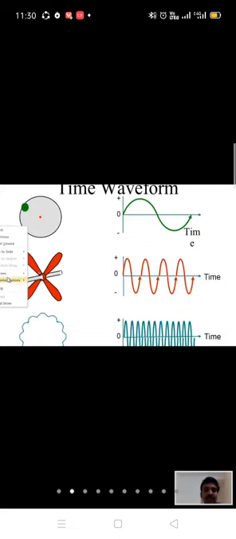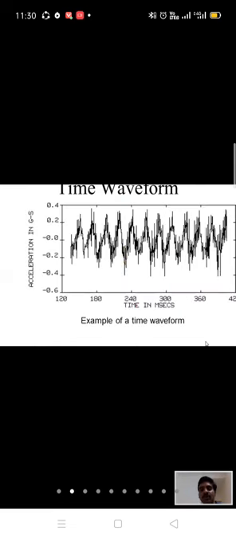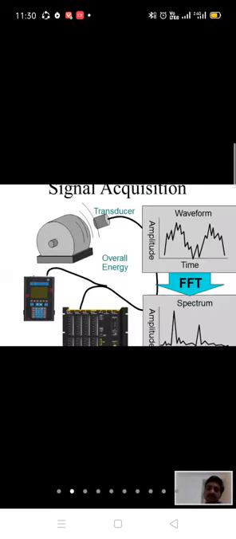If we are getting vibration at 4,000 hertz, we can say our fan is generating the vibration. If we are getting it only at 1,000 RPM, 1,000 hertz, we can say there is some heavy spot generating it. So by knowing the frequency itself, we can know the source of the vibration.